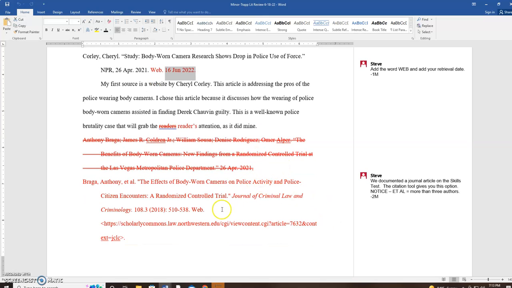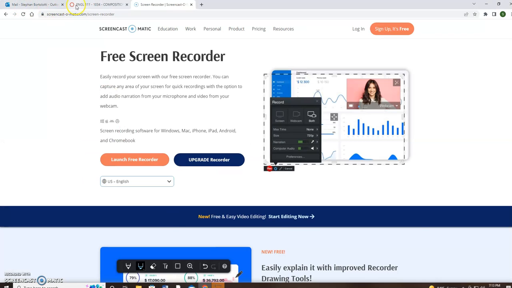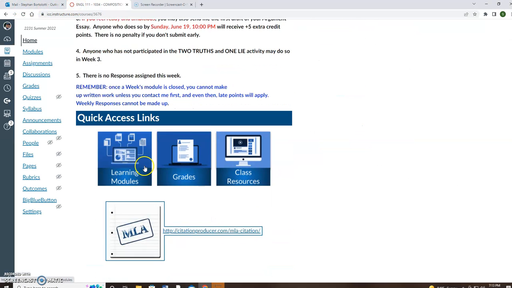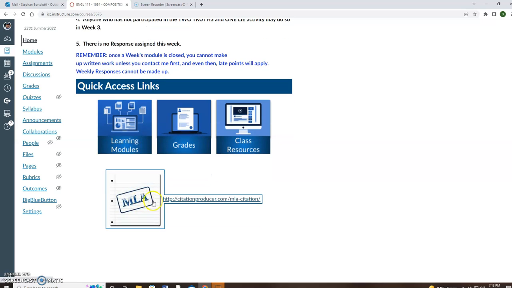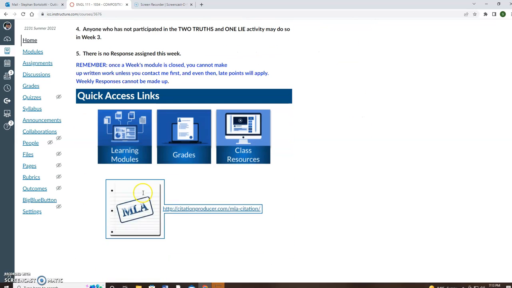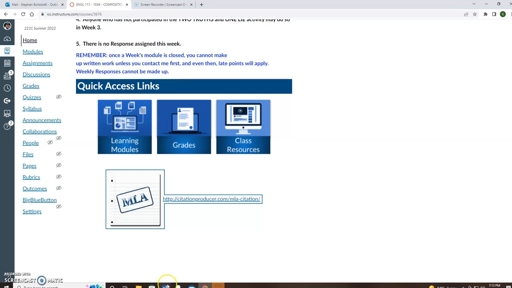Remember, there's a citation tool. I'm going to go over here and show you where it is. Citation tool is located right here on the first page. It's right here, and we use this to do the skills test in week 1. So this is always going to remain right here on this first page of the course. So make sure you use that